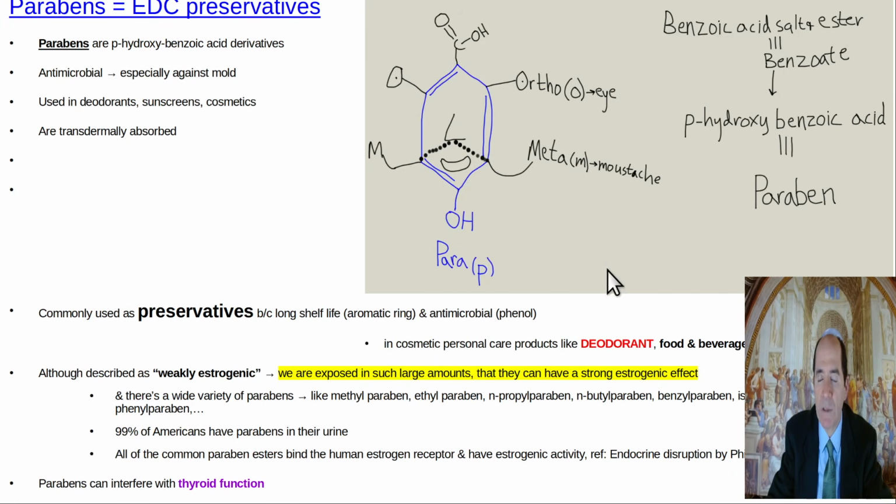So here's a typical example of a preservative, a para-benzoic acid. So you got a benzoic acid, meaning that this is like a benzene ring, and then it's a carboxylic acid on there together. We'll call that a benzoic acid, like a benzoate. And then this is the para position, directly opposite of that, okay? So you don't need to know the chemistry of it. You just need to know parabens, which you'll hear a lot about them as being preservatives in personal care products